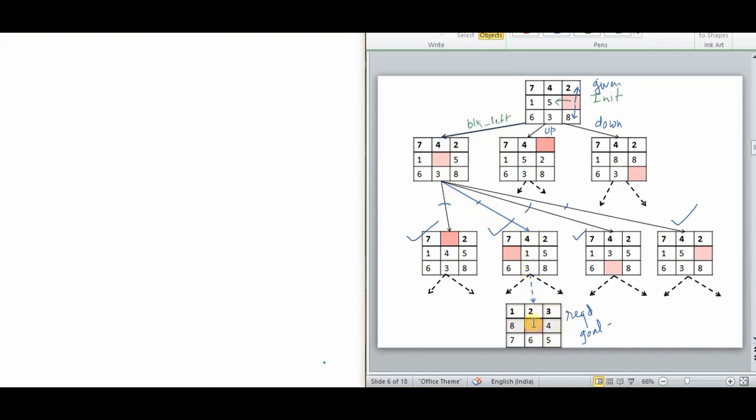Now what I am saying is, there might be multiple paths that take you from the initial state to the goal state. Then which path will be the optimal path, which solution will be the optimal solution? Whichever one whose path cost is less. And how is path cost calculated? Path cost is calculated based on the value present on each edge. Path cost means the cost incurred in moving from one node to the second node, plus the cost incurred in moving to the next node, and so on. So it will be a cumulative addition.